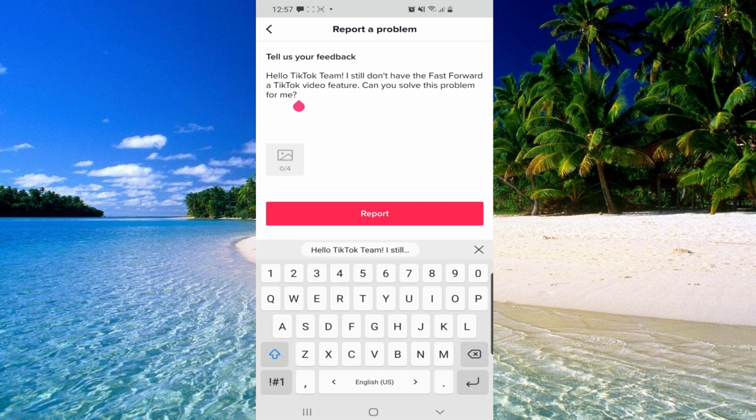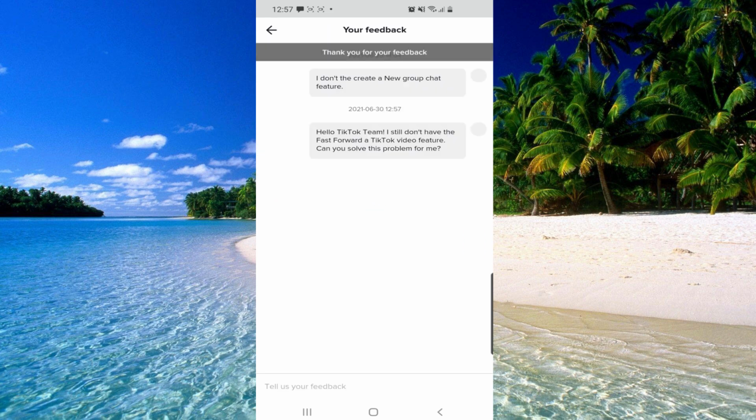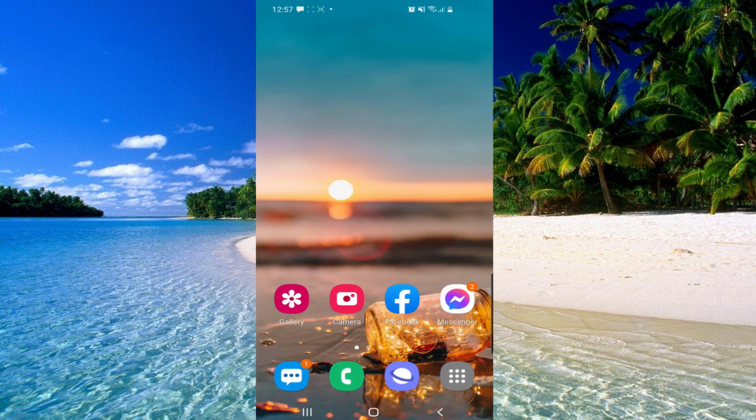So you have to type this right here, and you can also add some picture to show them that you really don't have this feature and what you're saying is true. So that is what I did one week ago. Click on report,